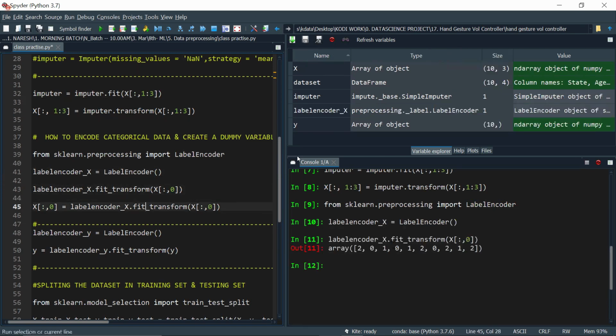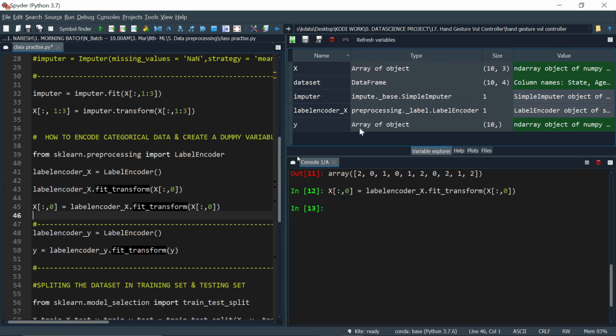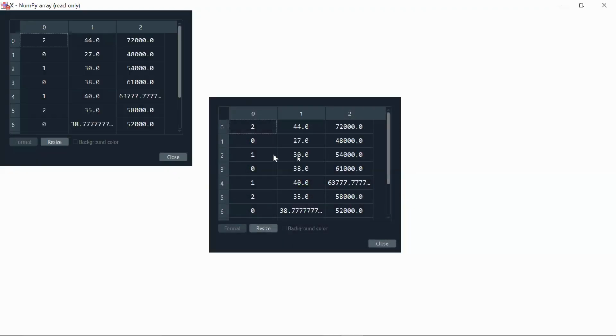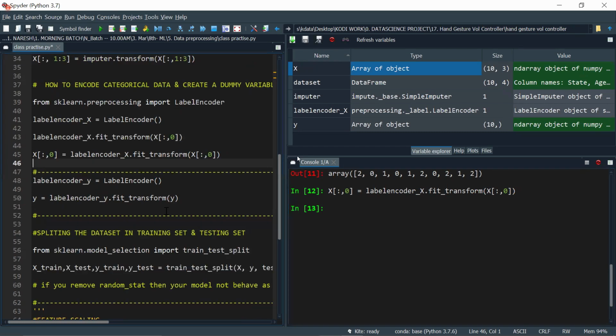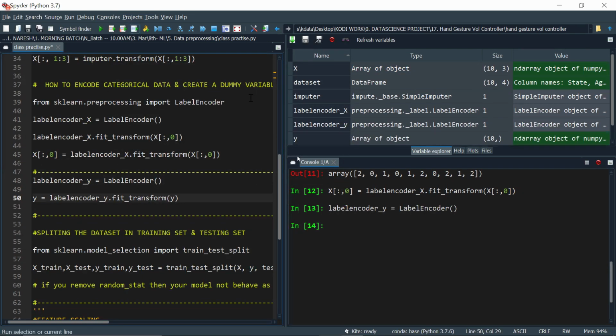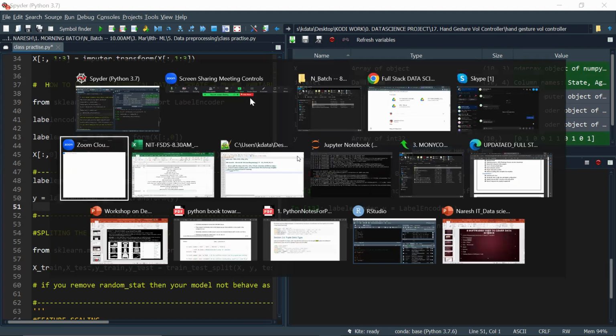We train, test, label encoder. Now X, are we cleaning all these things? Make categorical, numerical, and we have missing values. We fill the missing values, and then we label encode X and we label encode Y. So my question is, if you